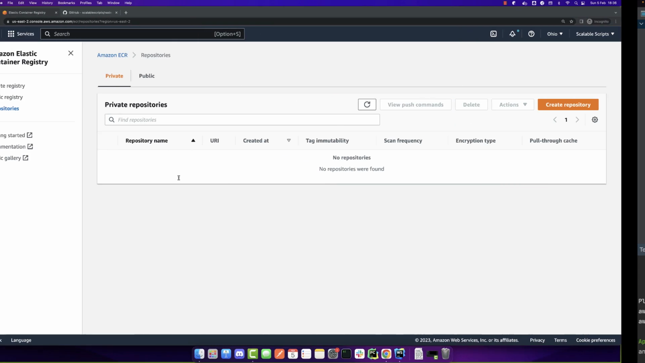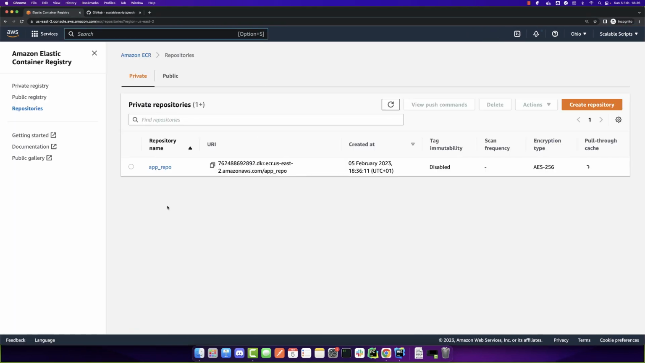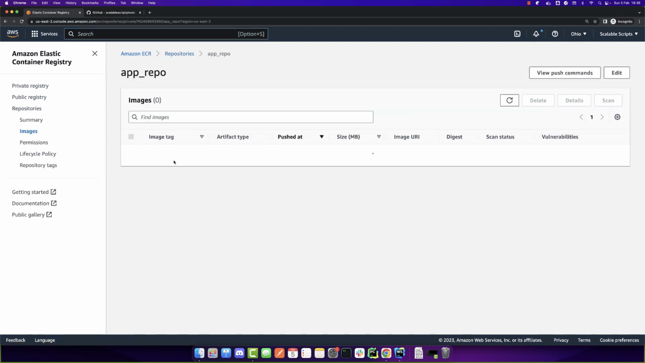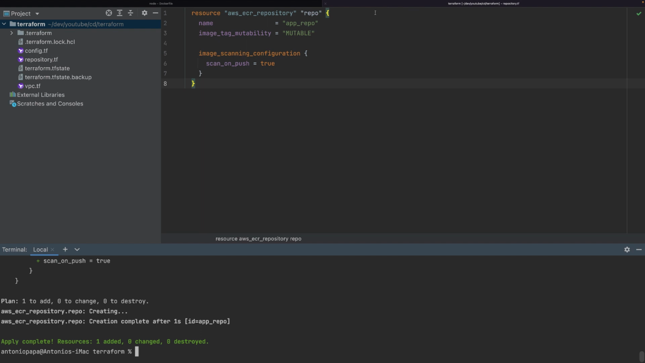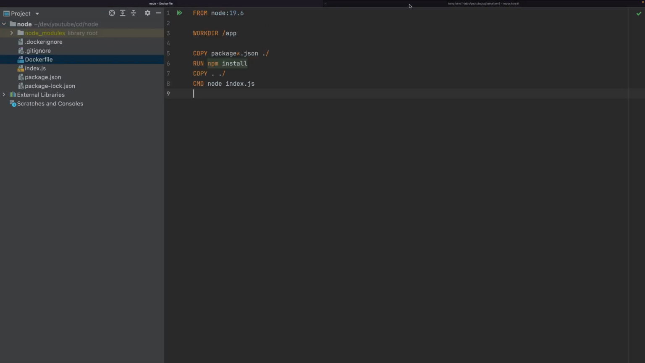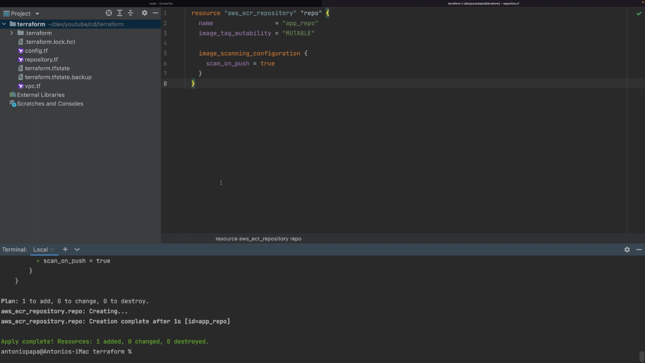So it was created. If I refresh here, we can see we have the app repo here, and it does not have any images because we need to push the images there, but we will push it using continuous integration and delivery, not via commands here. So we created the repository, and the last step now is to create the ECS cluster. So let's create here